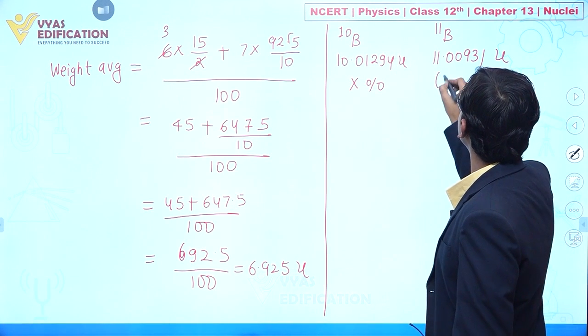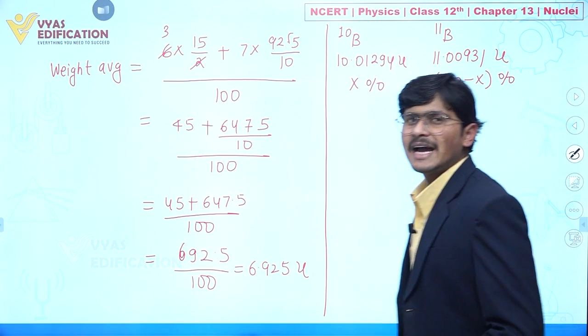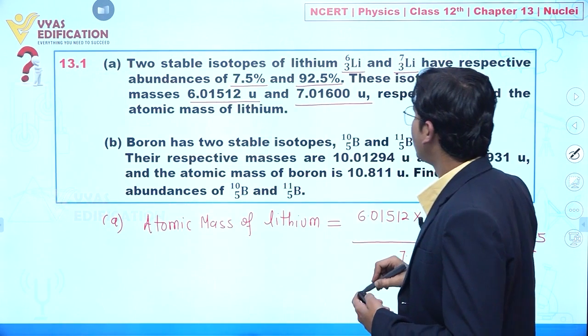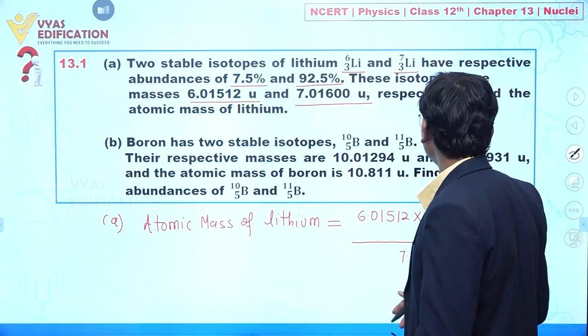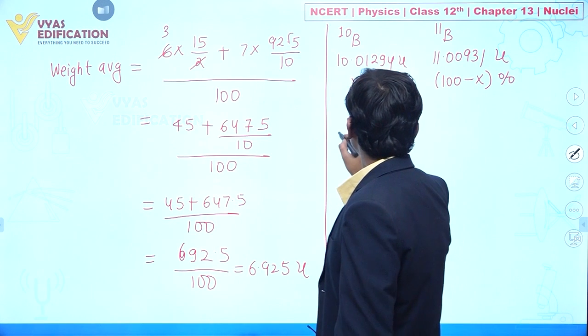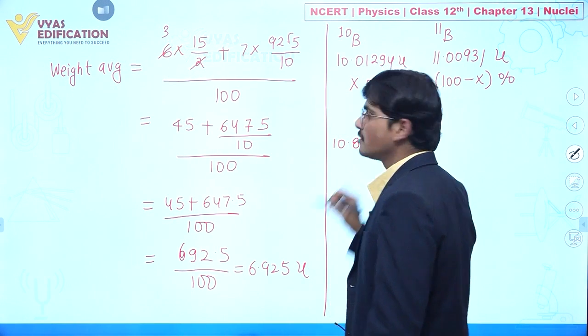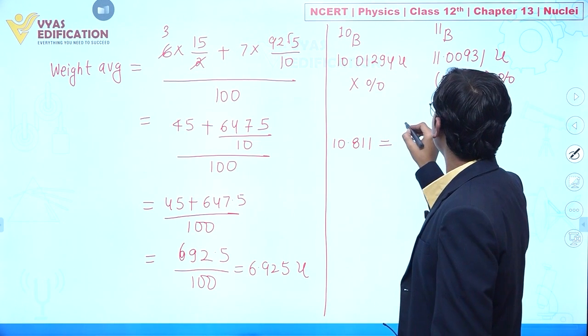So definitely you can say this is equal to 100 minus x percentage. Clear? And the weighted average value, it is provided to you, is equal to 10.811 u. So how can we write? Can we write like this? 10.811. Clear? This should be equal to now